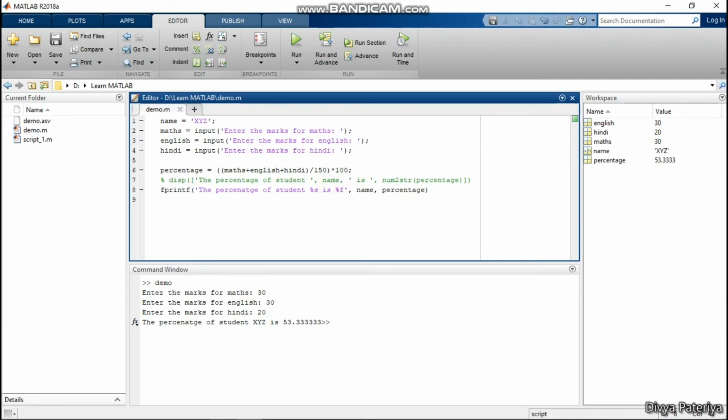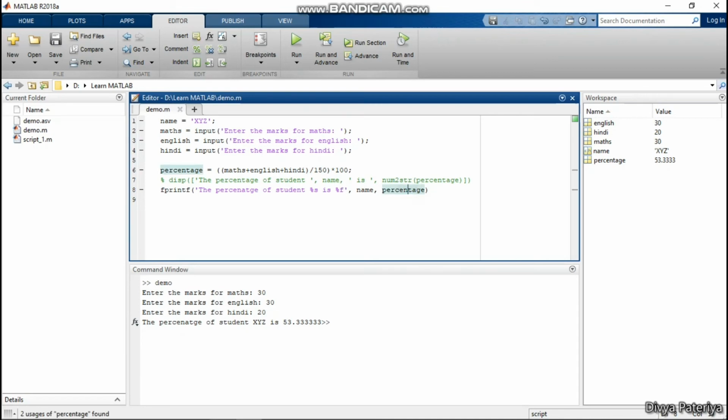So wherever we have a percentage sign inside the single quotes of an fprintf function, MATLAB will interpret it as a value coming from outside of the single quotes in the same fprintf function. So the percentage of a student is %s, which will be getting the value from name, and %f, which will be getting the value from percentage.